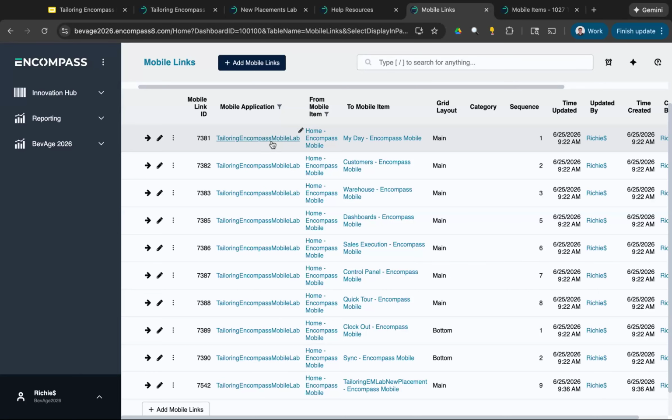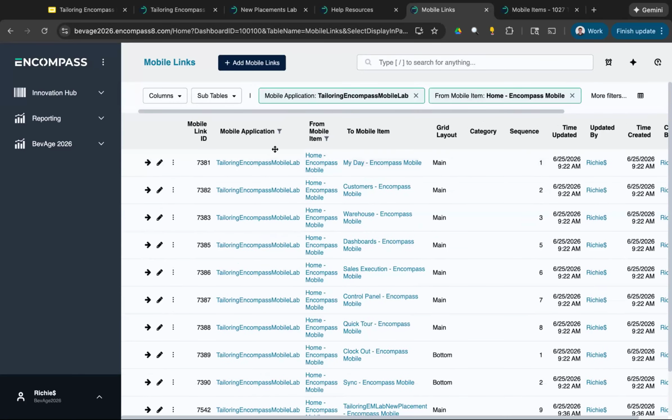Within the mobile applications, we have mobile links that we're viewing right here. And these tell the system, for all of the things that are within this mobile application, how do we link them together and how do we display them? And what it is displaying, those items, that's where the mobile items come in. Those are